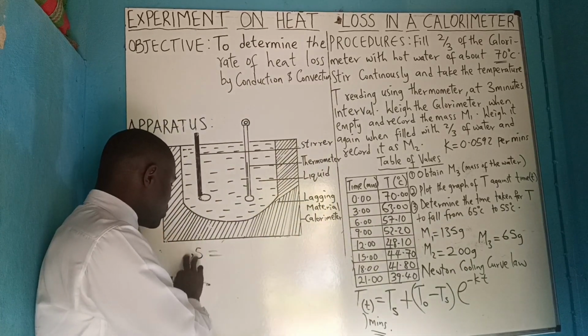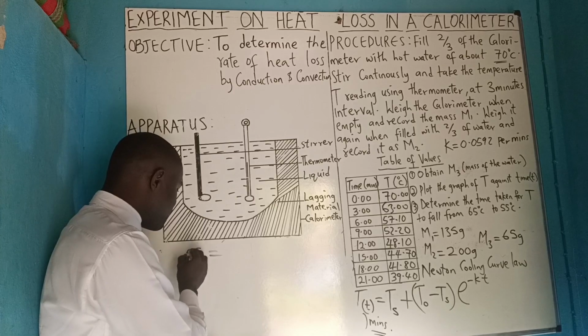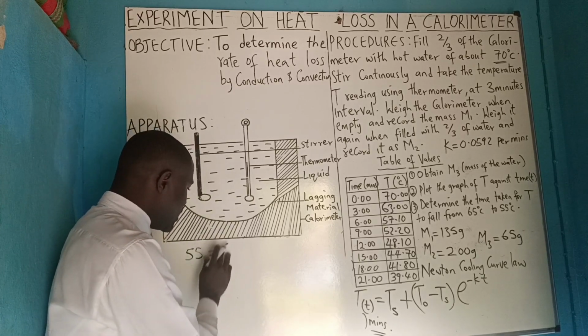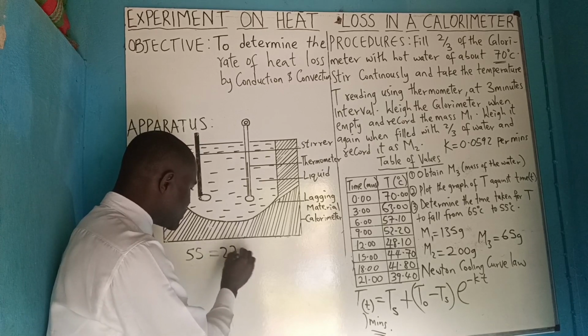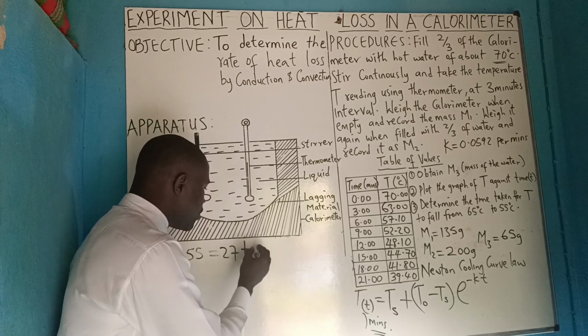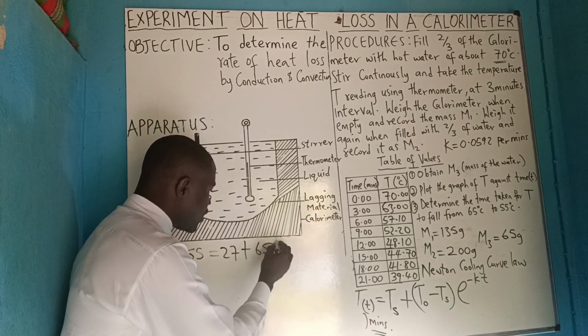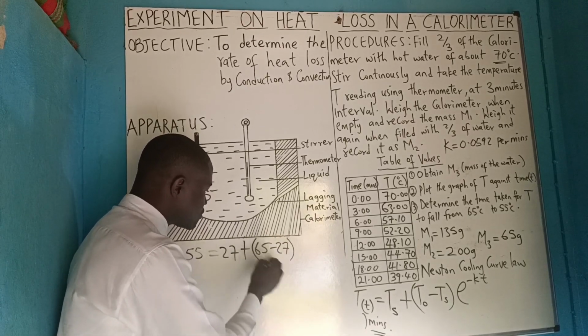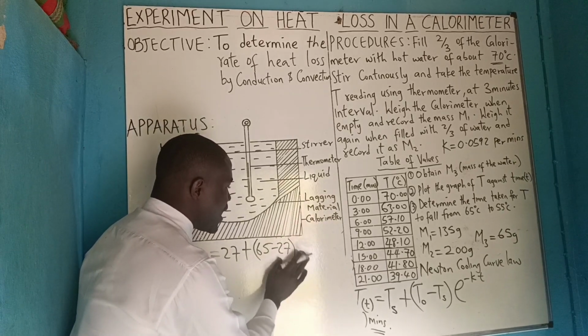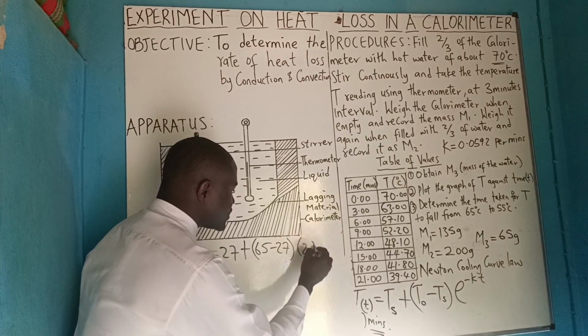So here will become your 55, and here is your 27 degrees, the one we call the surrounding temperature, plus 65 minus 27. Are you getting it? Exponential, where the exponential is 2.718,